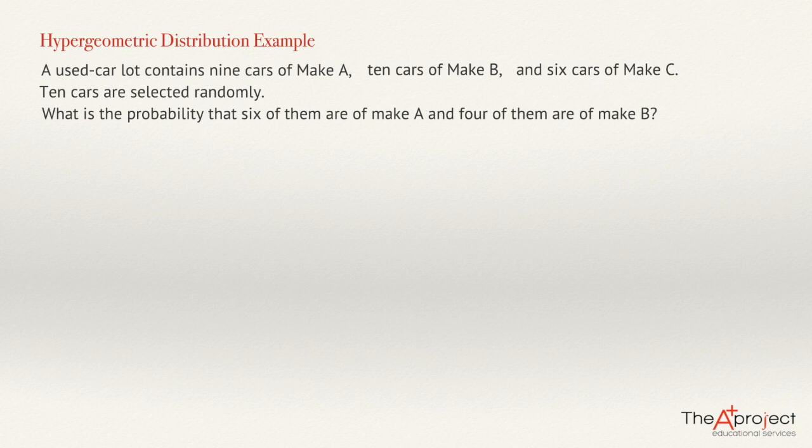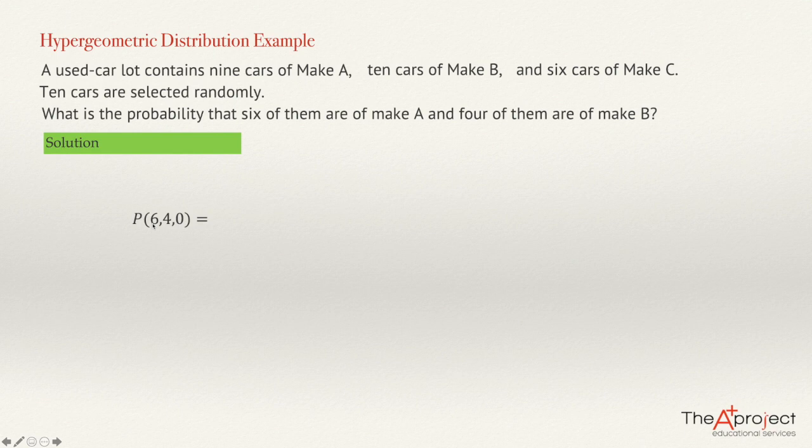So we are taking a sample without replacement from a population of 9 plus 10 plus 6, 25 cars. Because the sample is without replacement, we are going to use the hypergeometric distribution for solving this problem. So the solution will be this. It will be the probability that we obtain 6 of make A, 4 of make B, and 0 from make C. So we can type probability of 6, 4, 0, and it will be the total number of combinations of